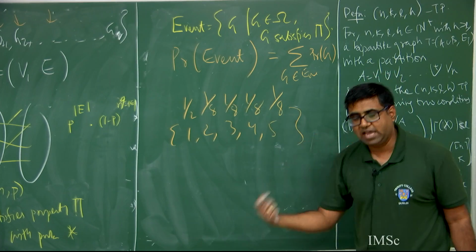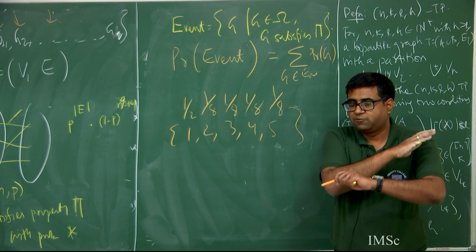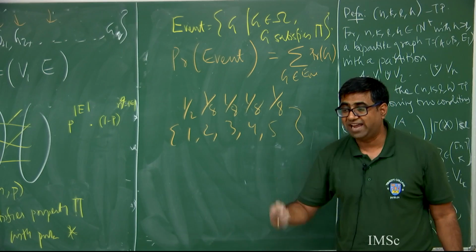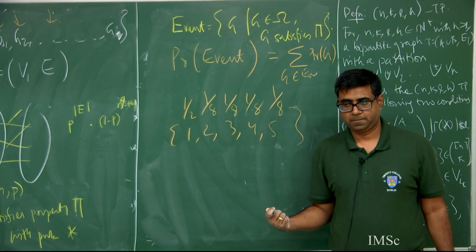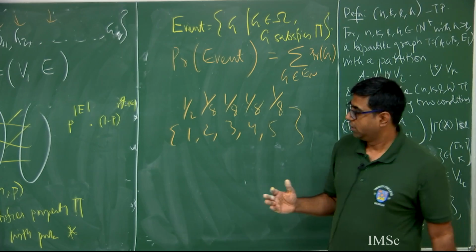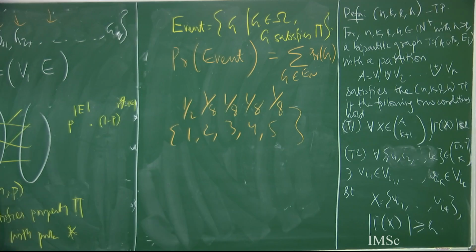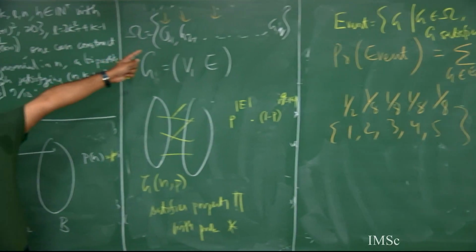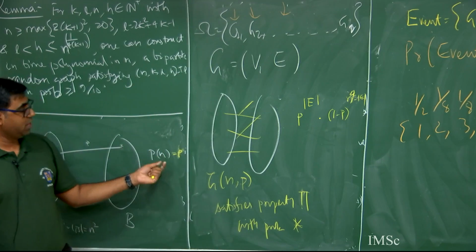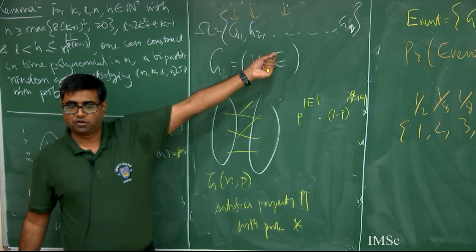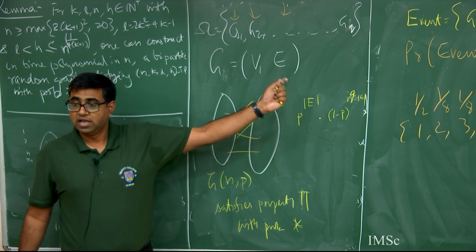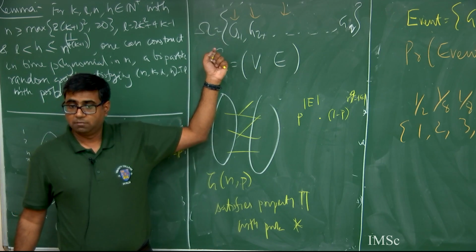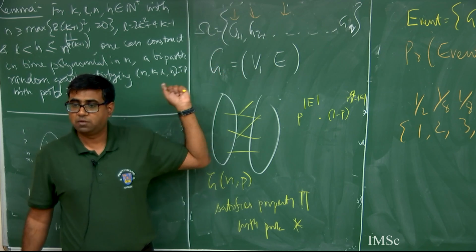But it's my job to define my probability distribution. I can define it with respect to any distribution. So that is a handle which you have got. So basically, if I change P for the same object, my distribution will be changing. If I put P equal to half, I have a different distribution on GIs. If I put P equal to 1/4, I have a different distribution on the same. My omega remains the same, but my distribution keeps changing based on what P I choose, and that is